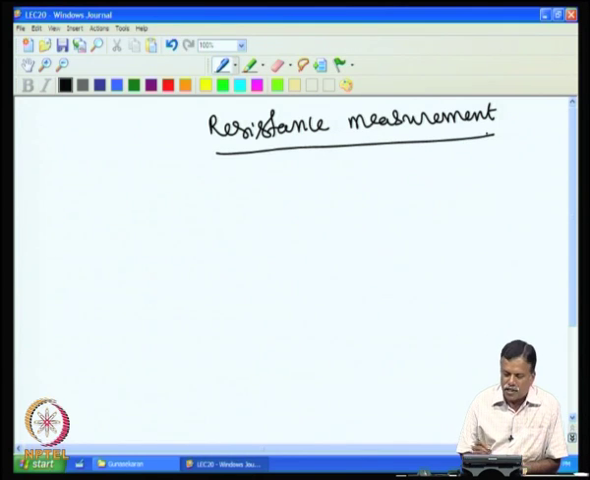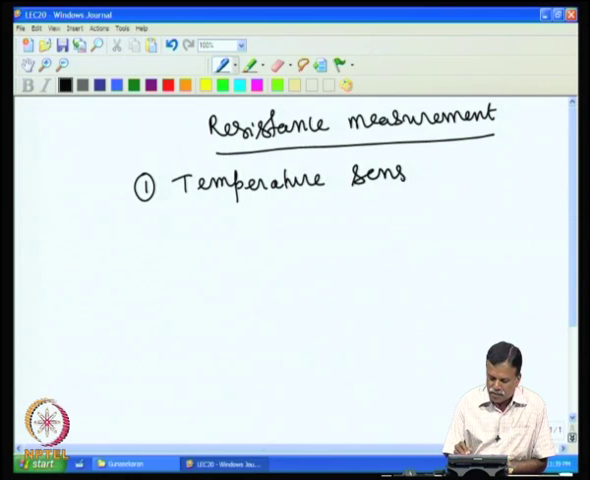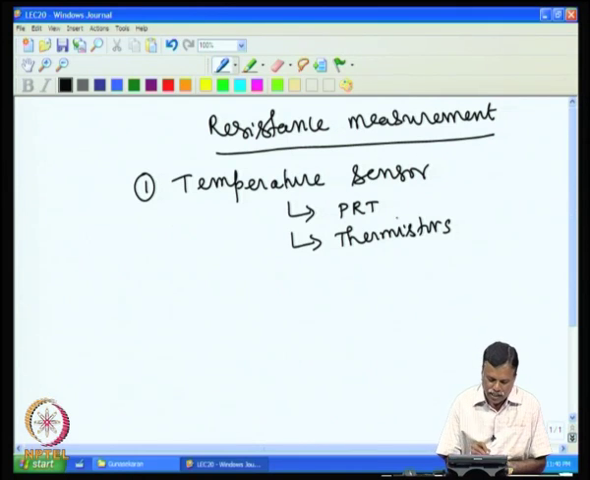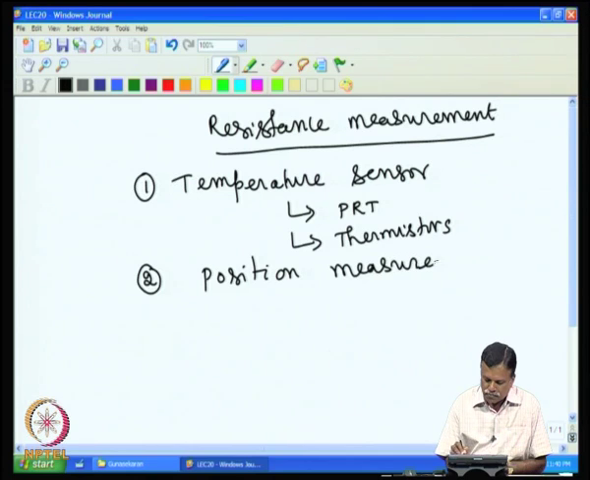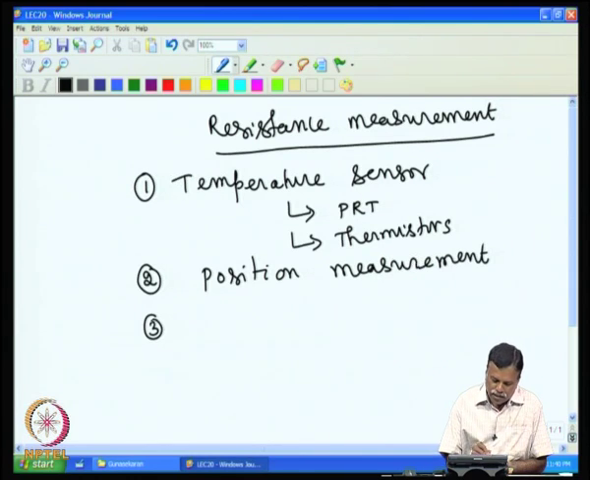We have taken this up because there are very many resistance sensors. For example, we have temperature sensors like the platinum thermometer, PRT, and then thermistors. Change in resistance here gives you temperature. Similarly, in position measurement we have resistance sensors, and in weight measurement or torque measurement,